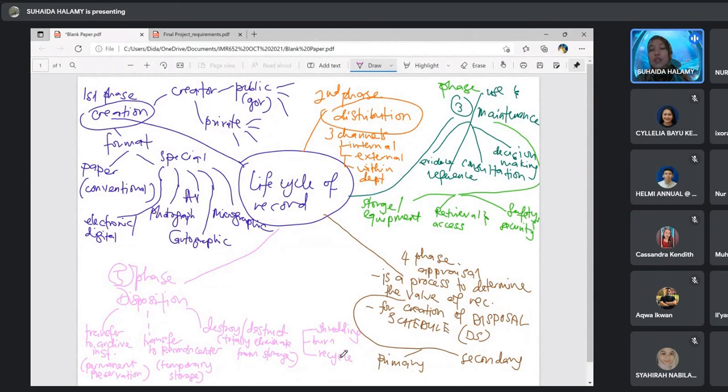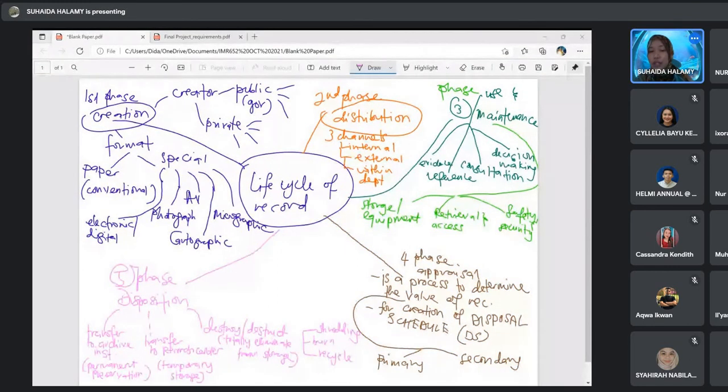But when we talk about electronic records, how do you want to destroy them? You have to delete from the system until the metadata.